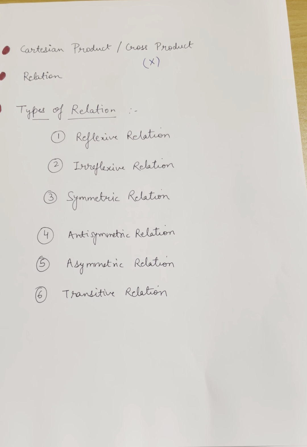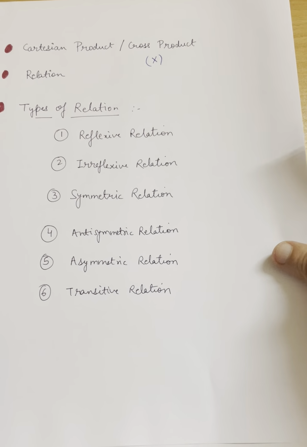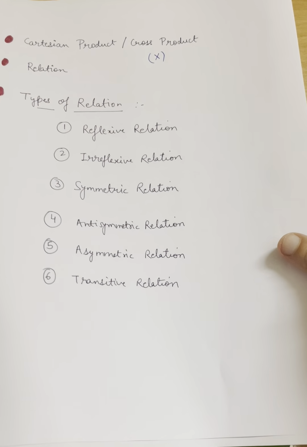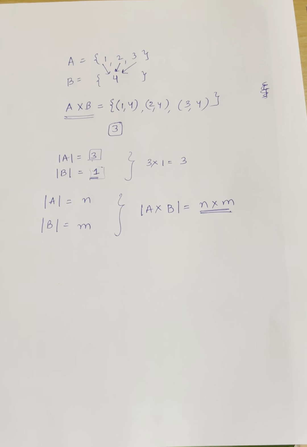A relation is a subset of the Cartesian product. That's why we need to understand what a Cartesian product is. We have already discussed subsets, like what subsets are. So now we can correlate subsets here. A subset of a Cartesian product is called a relation. Okay, so in this same example, let's discuss.